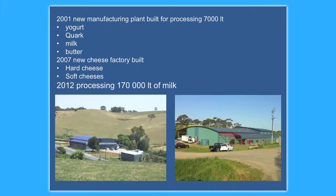In 2001, we planned and built a new processing plant, which originally used about 500 liters in the first few production years from our own farm. That's 500 liters of milk per week. Then we grew that steadily, and when we built a new manufacturing plant, we used milk from a neighbor